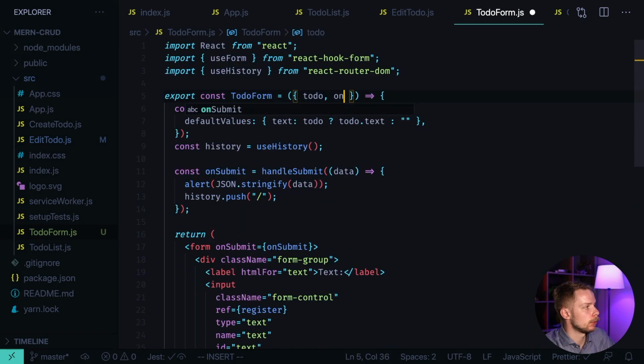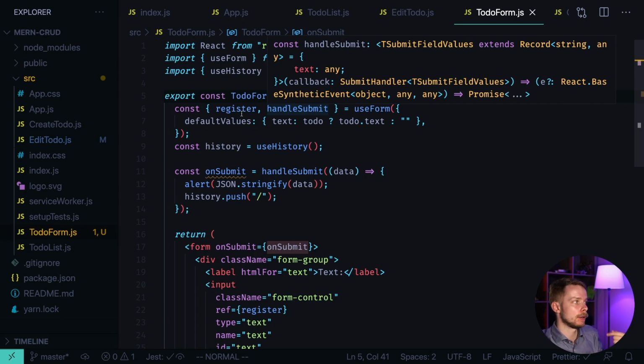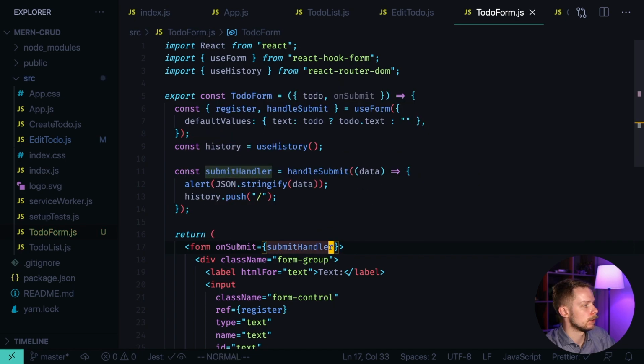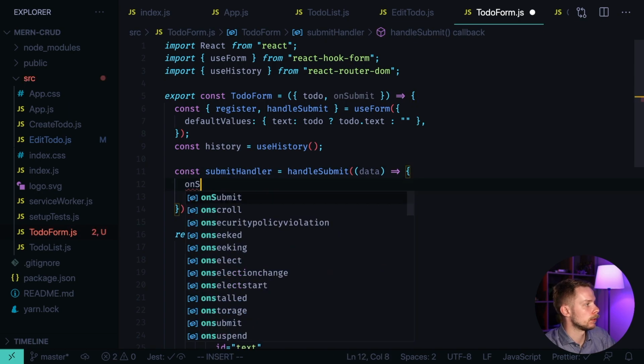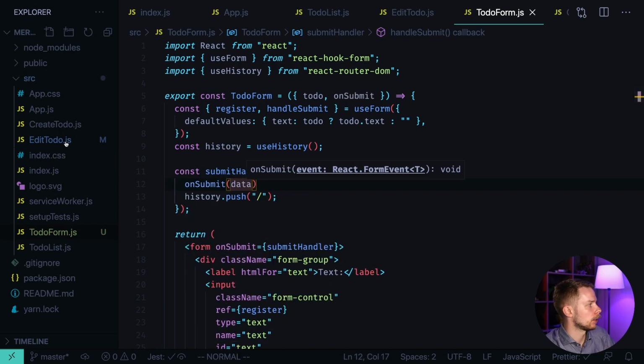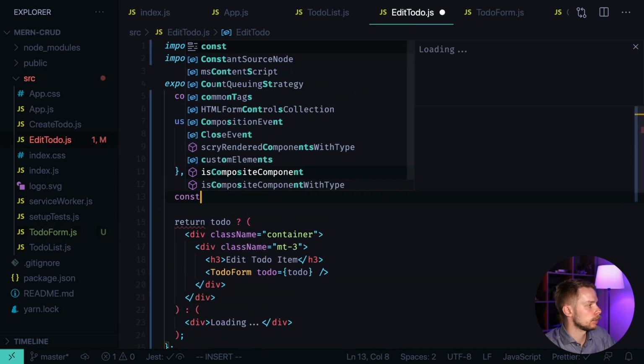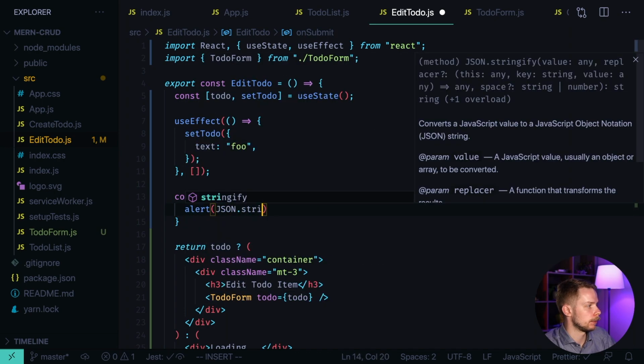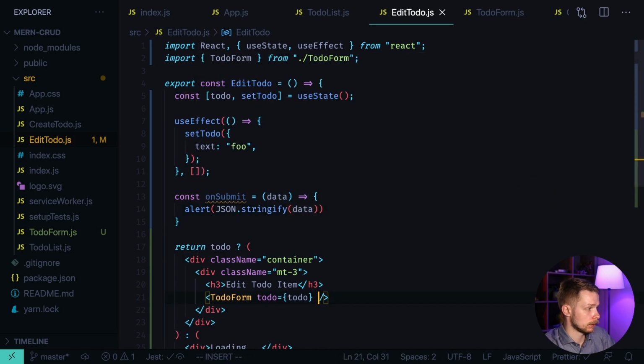Now let's add another prop onSubmit. So we'll be able to specify the onSubmit function from the outside of the TodoForm. Rename our internal onSubmit to submitHandler, so we don't have name collisions. Pass submitHandler to onSubmit handler of the form. And now instead of calling alert JSON stringified data, we will call onSubmit data. Now we can go to EditTodo, create the onSubmit handler that will accept the data. It will call alert JSON stringify data,